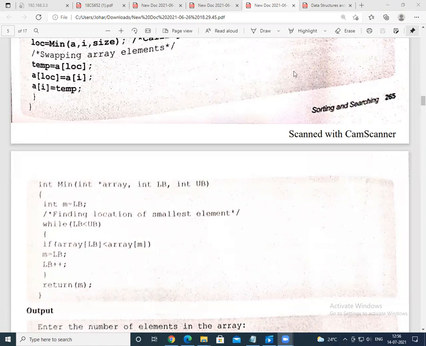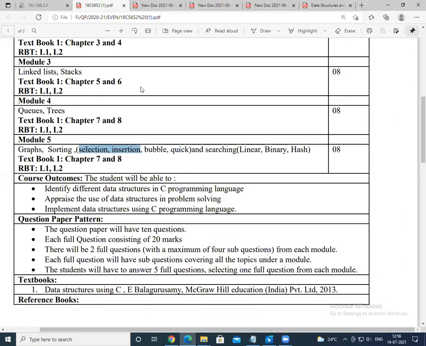Right? So I hope all of you have understood the concept. I don't want to continue with insertion sort today. Insertion sort is also one of the major techniques. So we have selection sort, insertion sort, and bubble sort. Bubble sort I did last class, but I could not do the recording. Selection sort I have done today.